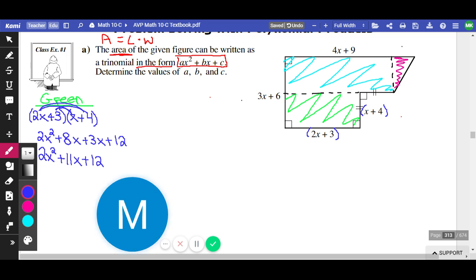Doesn't seem bad, right? That was like the easiest zone. The light blue zone is a little bit trickier. The reason is the length and the width aren't easily given. One of them is, but one of them isn't. If you look at that light blue zone, I have a length of 4x plus 9,